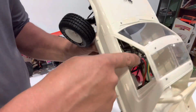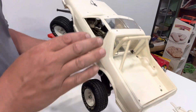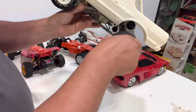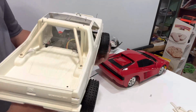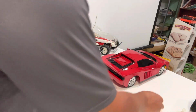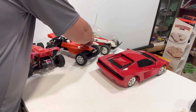You can see the original mechanical speed control sitting inside. But to have this original body that's never been run with the original wheels and tires that have never been run, I'm absolutely stoked. I couldn't be happier with the deal. And I've got the original decals, and I've got the original manual, the original driver figure. So yeah, I'm excited. And then the next one,